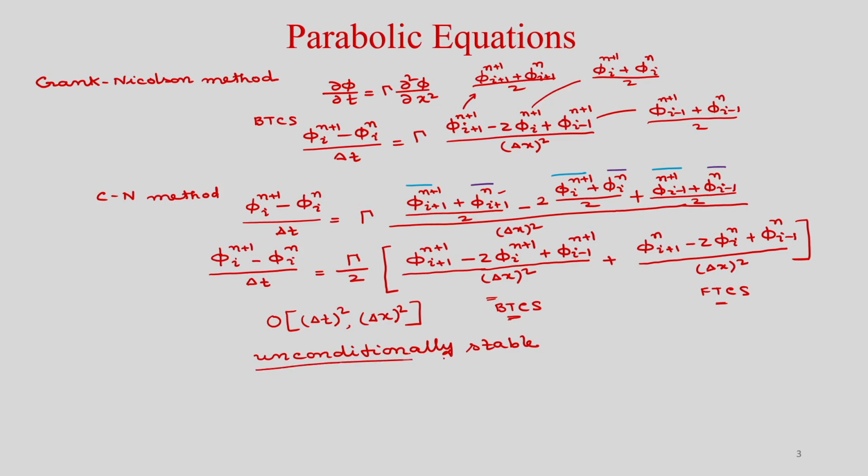So, it is unconditionally stable. So, you can see that for this discretization method Crank-Nicolson, it is second order time accurate and unconditionally stable. So, how can you show that it is second order time accurate? Okay. So, you can view it as a 2 step method.